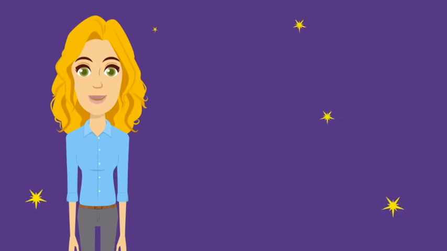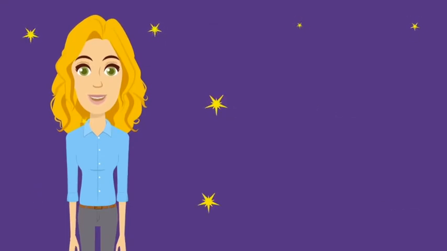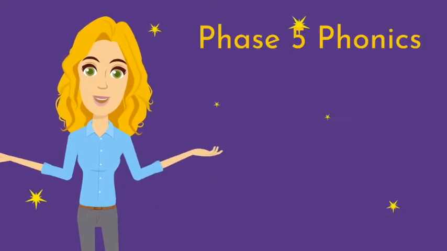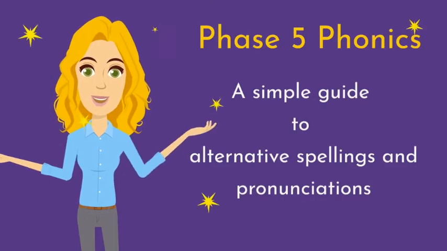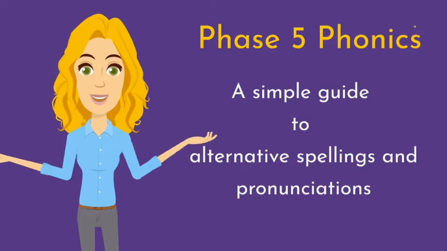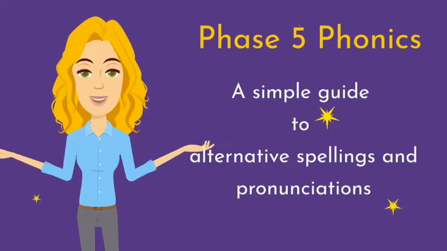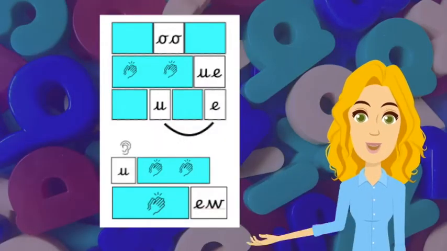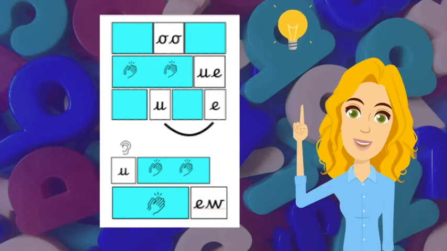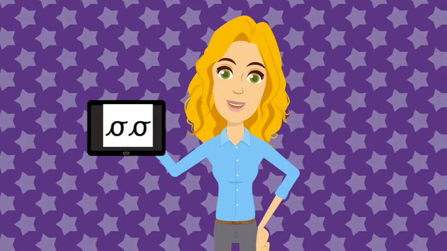Hello and welcome back to my series which explains the spelling rules and alternative pronunciations taught in phonics in Year 1 and beyond in a way which really helps children to remember them and makes teaching them super easy. By the end of this film you'll have all of the spelling rules you need to teach the OO family spectacularly well. The most common way of spelling the sound or phoneme OO is with an O and an O,